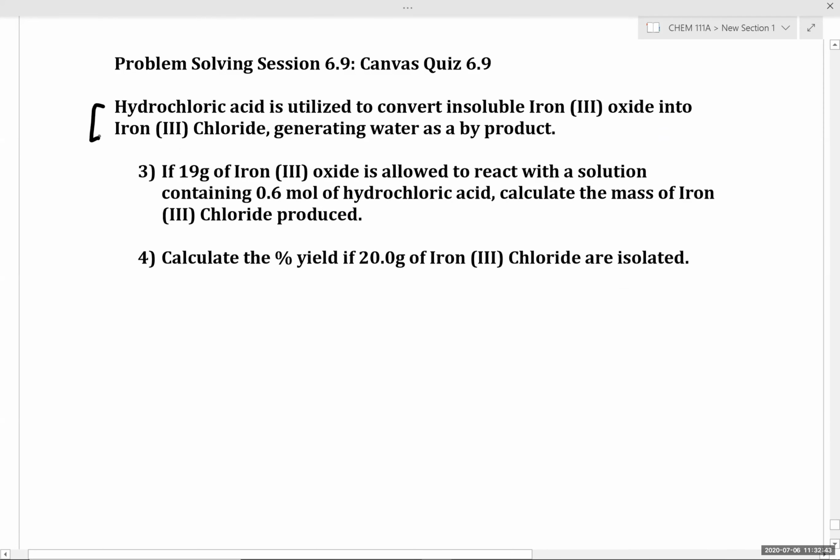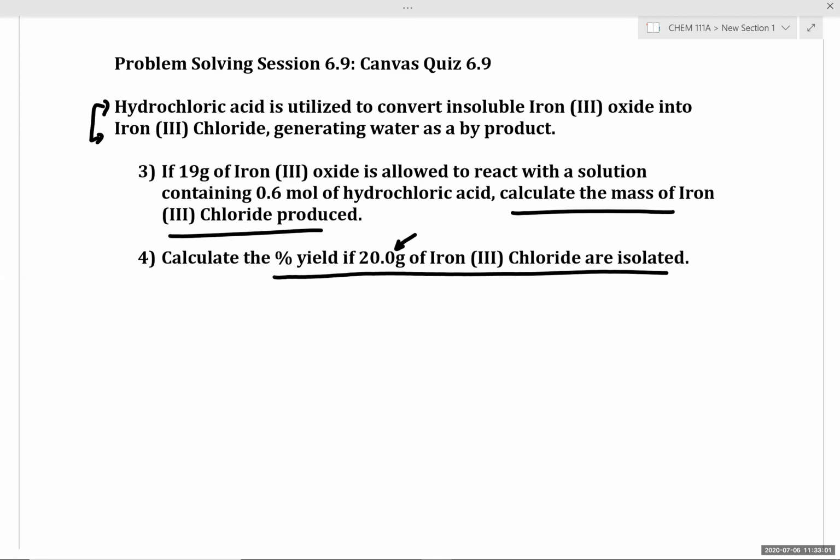Let's write out a balanced chemical equation. Let's predict the mass of product generated. And let's calculate the percent yield if we isolate 20 grams of iron 3 chloride. So we'll spend about 3 to 4 minutes writing out a balanced chemical equation. Then we'll spend another 5 to 6 minutes solving this problem and calculating the percent yield and theoretical yield for